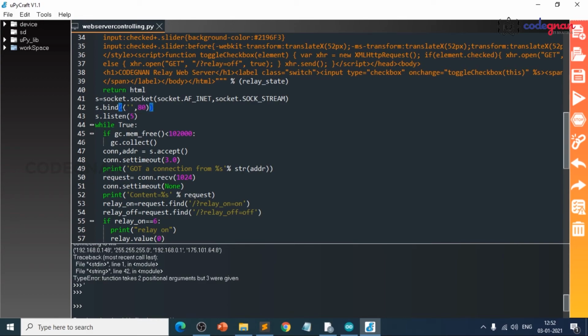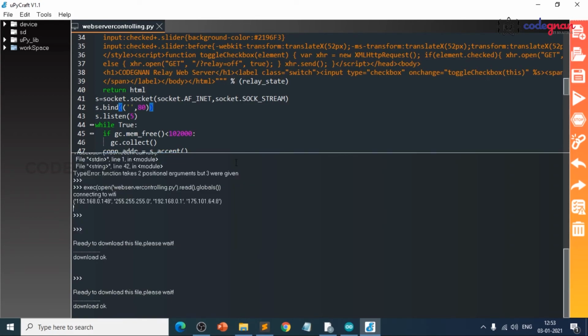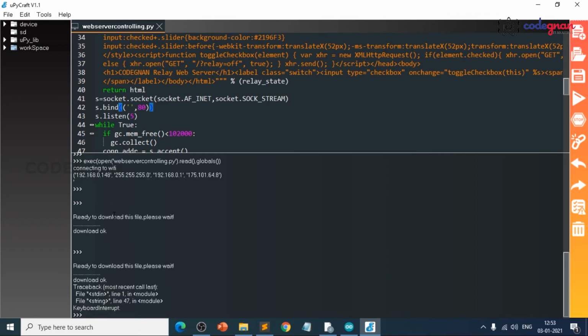So let's press the play button. Downloading, okay. It will start giving the IP address. Yeah, it has given the IP address here. See, just copy this IP.